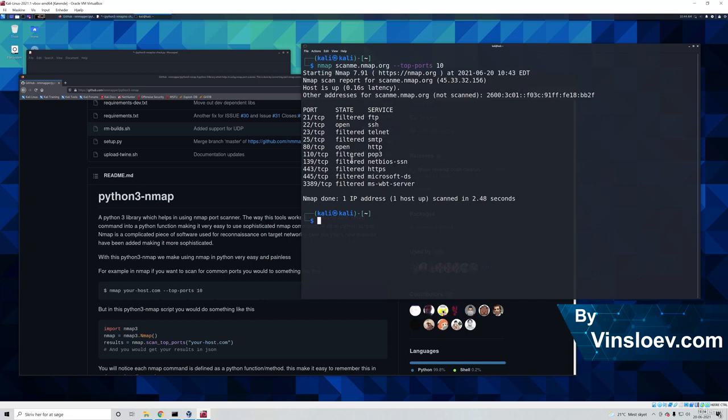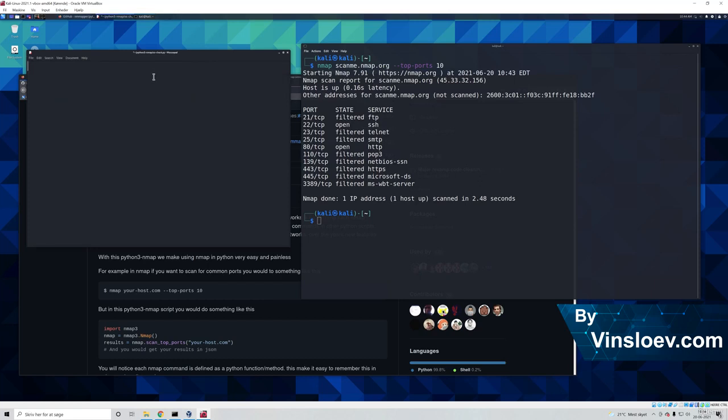So what we're going to do now is take this code right here, write it in Python, and see that we can get the same result returned using this library in a fine JSON format. So we'll go in here and basically just write what is written here: import nmap3. Then we say nmap equals. My keyboard is not aligned with this VirtualBox, so that's why I might mistype some of these things, so bear with me. And then we say nmap here,